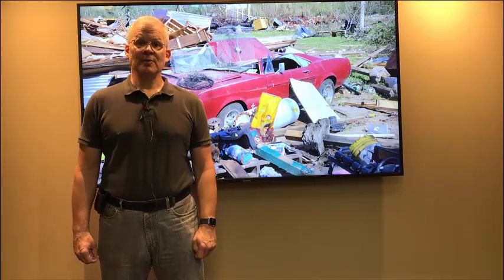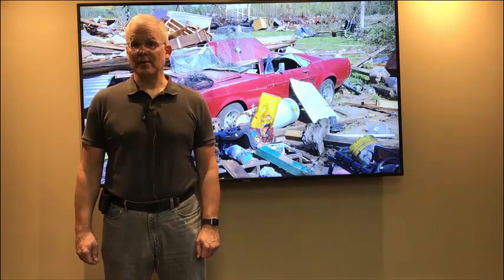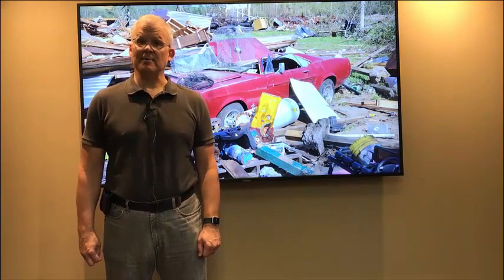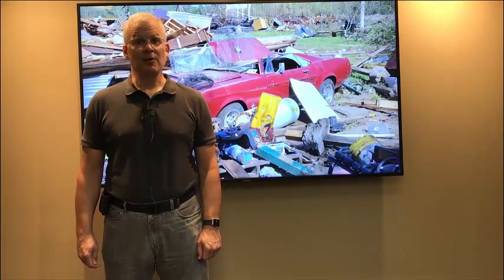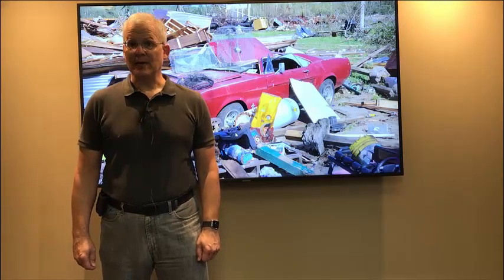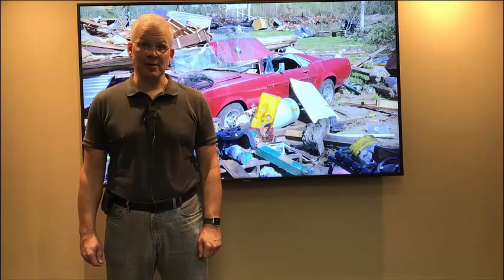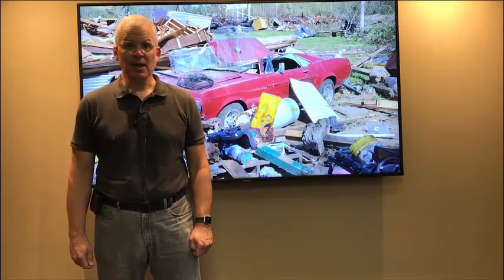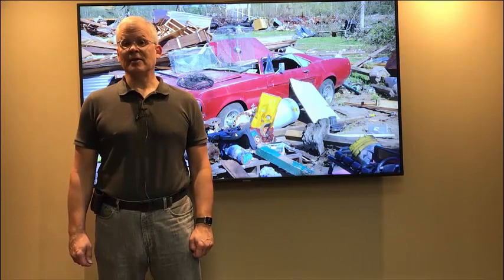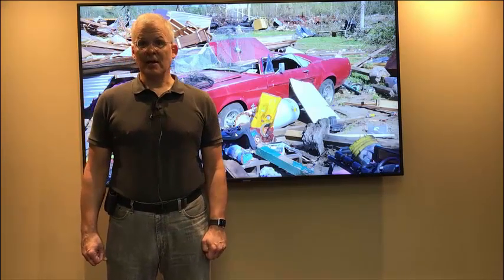And what we'll do if we have reports of a potential tornado damage is we'll send out a team of at least 2 employees to go out and survey the damage. We will normally go out and meet up with an emergency manager or some other emergency responder to help guide us to the damage. Now, one of the things we have to keep in mind is the human component of